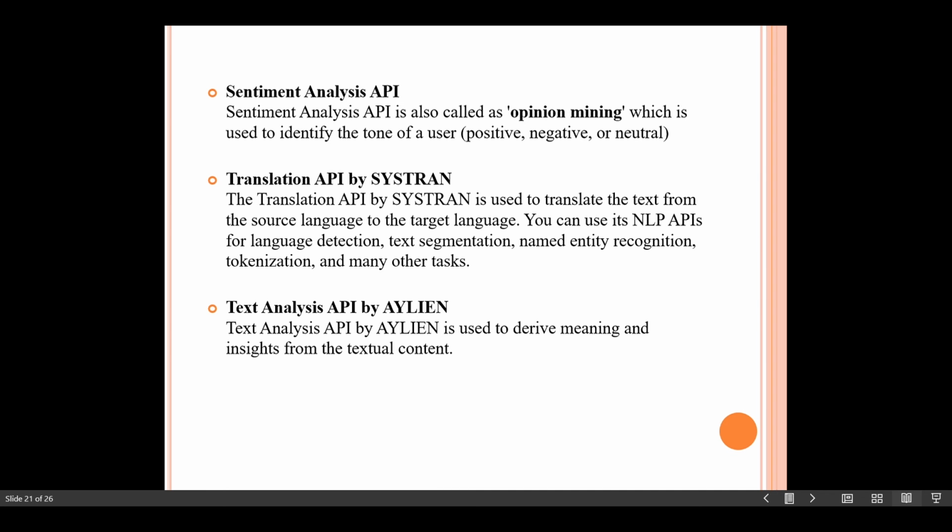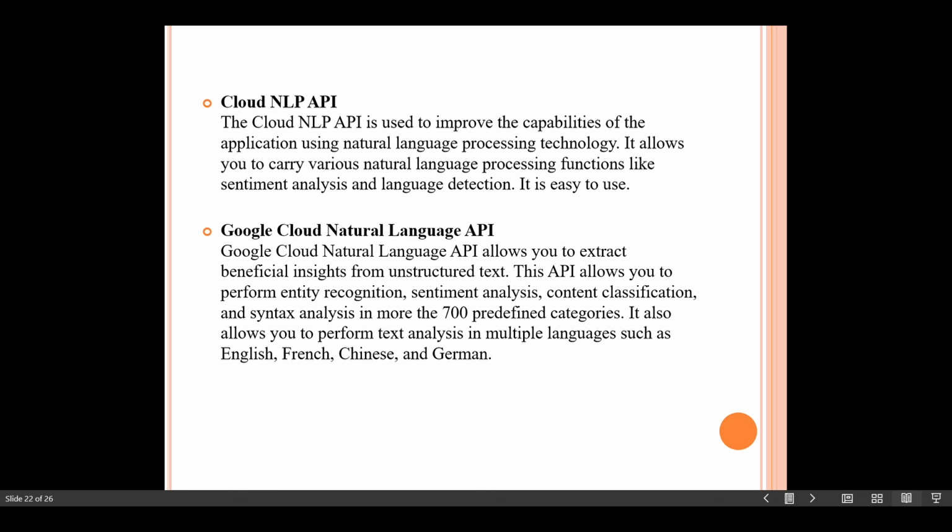And then we have a text analysis API by Aylien. Let us suppose a text is given to the system. This text analysis API by Aylien is used to derive the meaning of that particular text that is given to the system. Another NLP API is Cloud NLP API.